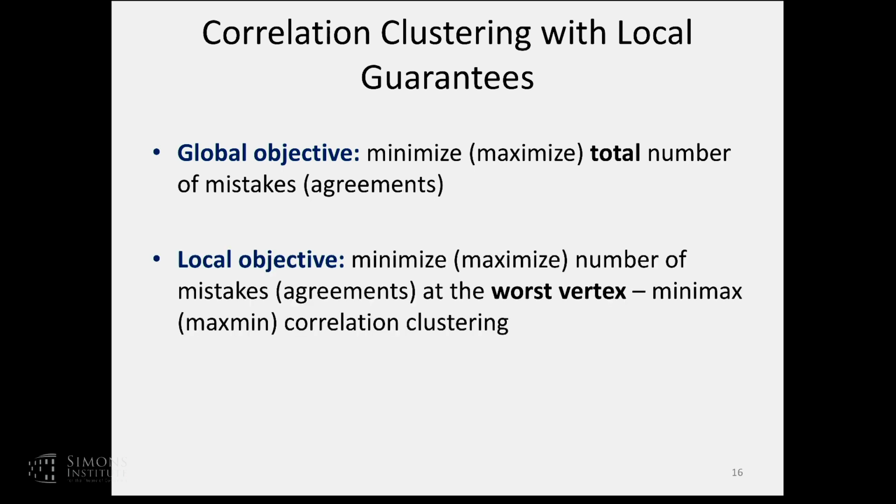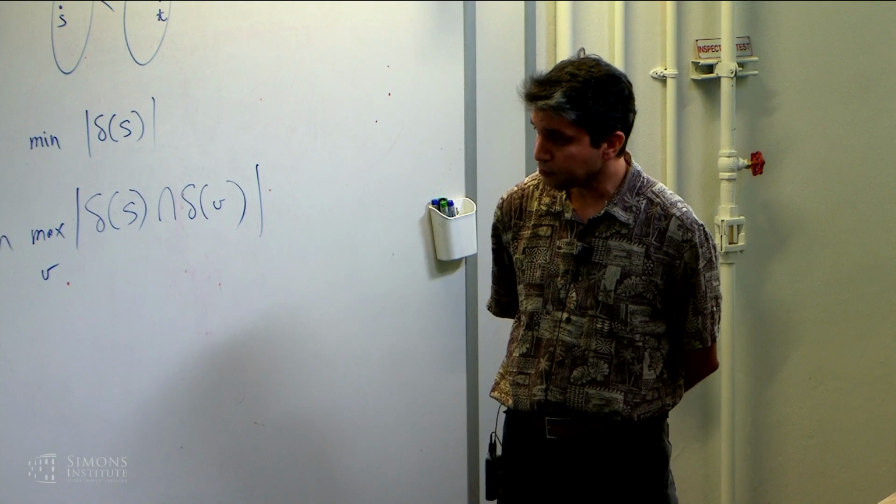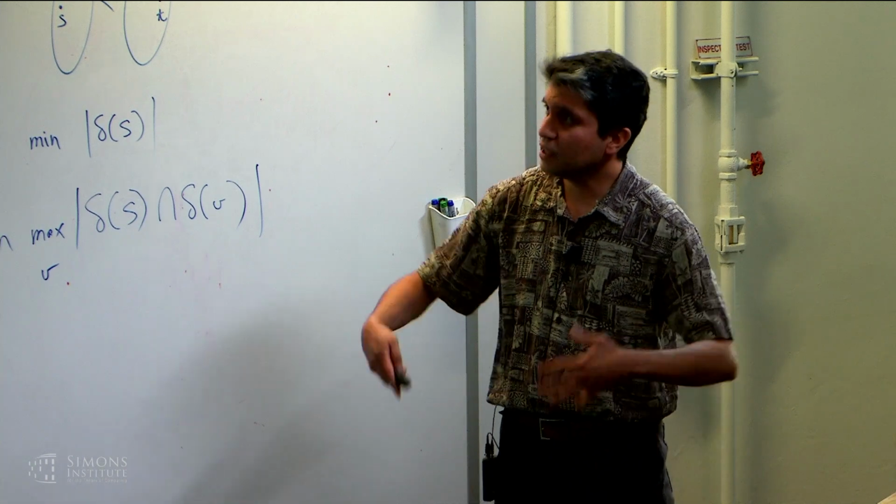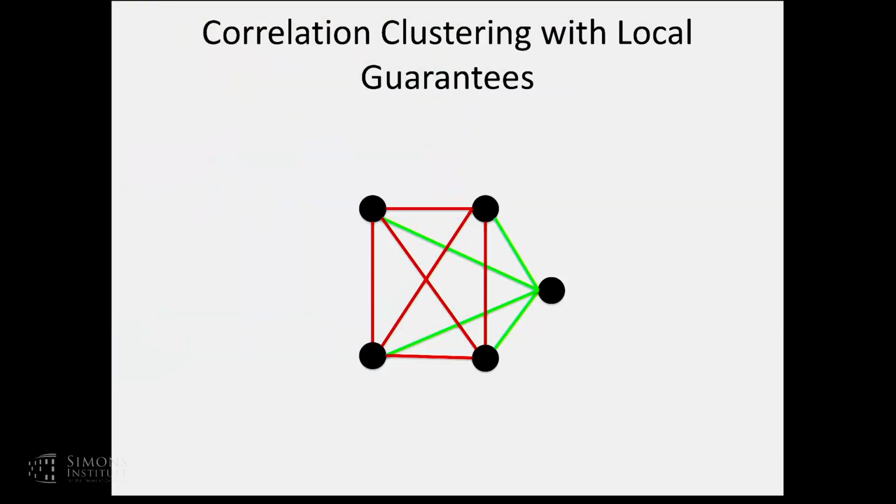What if instead we say we want to minimize the worst mistakes over all the vertices? That's the local kind of objective that we'll be talking about. These kinds of problems were introduced very recently by Puleo and Milenkovic in 2016, just last year. And they were interested in correlation clustering with local guarantees because